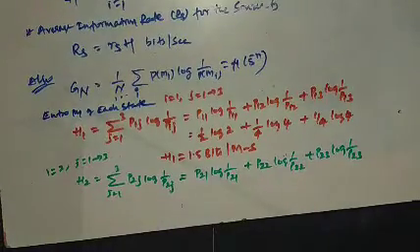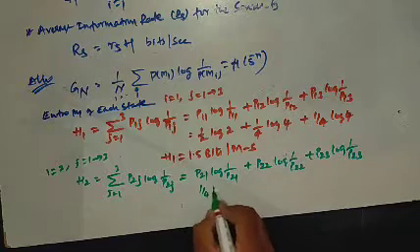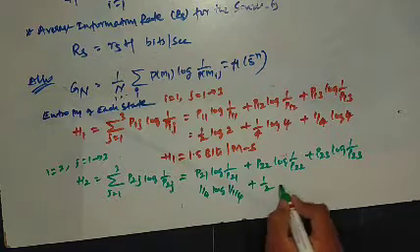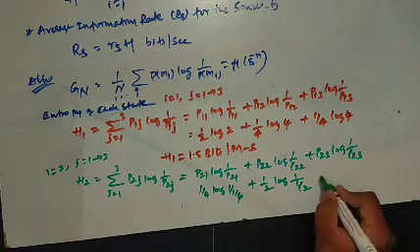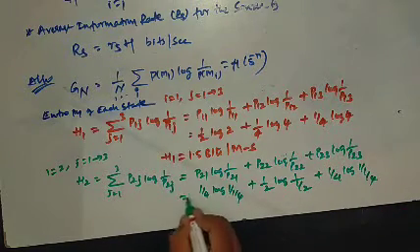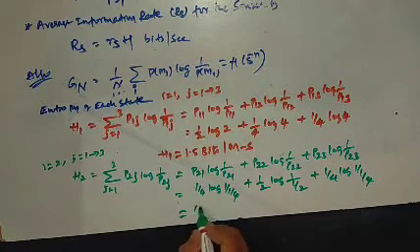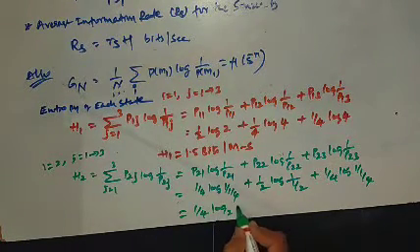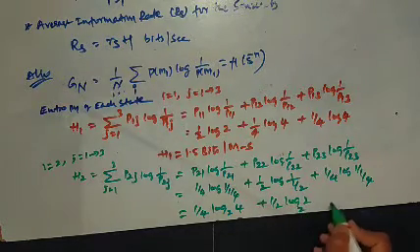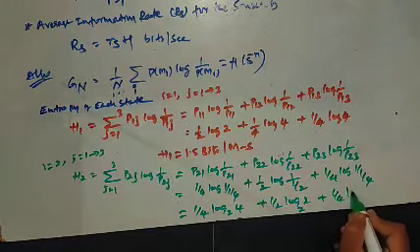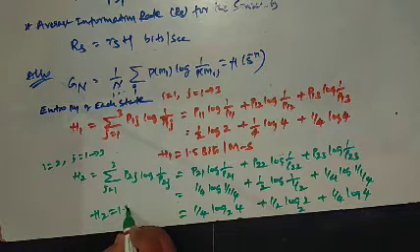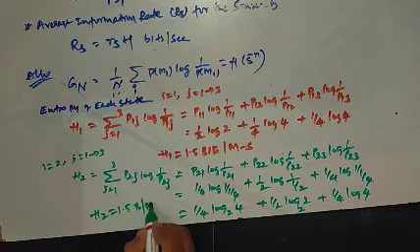So this is 1 by 4 log 1 upon 1 by 4, plus 1 by 2 log 1 upon 1 by 2 plus 1 by 4 log 1 upon 1 by 4. This is nothing but 1 by 4 log 4, with base 2 log, plus 1 by 2 log 2. See, all are with respect to base 2 only. Solving this, H2 is also 1.5 bits per message symbol.